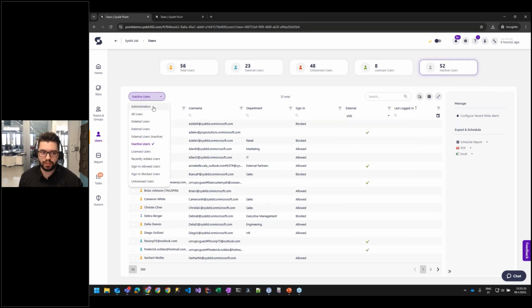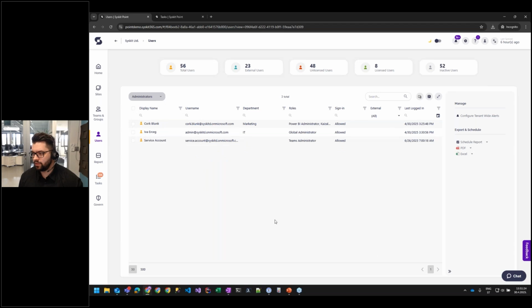One of the more important being the administrator's view. This gives you a clear insight into who holds admin roles and enables you to restrict privileges to only what's necessary, minimize privilege creep where users accumulate access over time, and minimize blast radius in case something is compromised. You can do all of this by using the various management actions that Point offers on all of its reports. In this case, let's select a user. Here you can delete him, block his sign-in, or copy the user's permissions from one to another. You can also do these actions in bulk, and their effect is immediate and visible in real time.